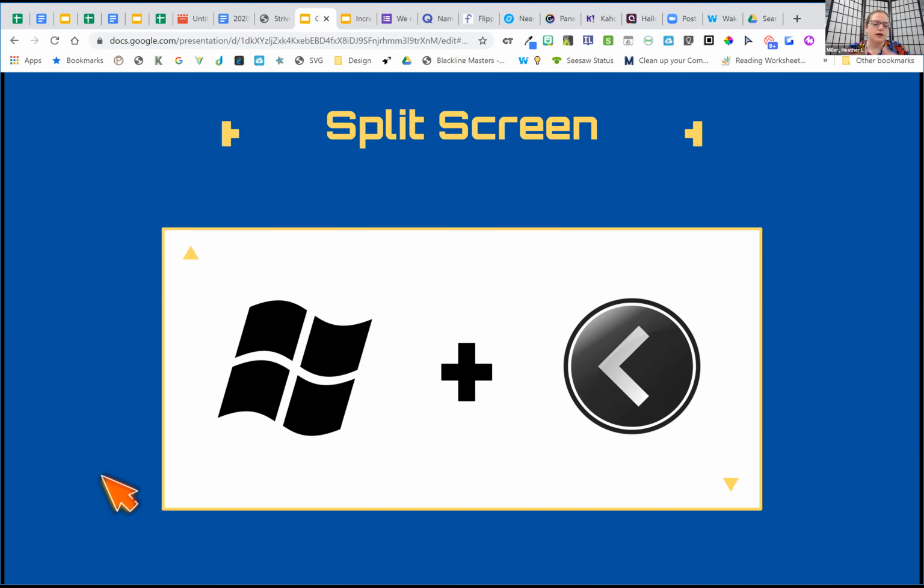So if you are on a laptop, like our teacher laptop, if you hold down the Windows icon on your keyboard, which is near the space bar at the very bottom, and you press the left or right arrow key, it'll send the screen that you're on to the left or right. Now, it might not do that at the moment because you are in full screen mode with this Zoom window.